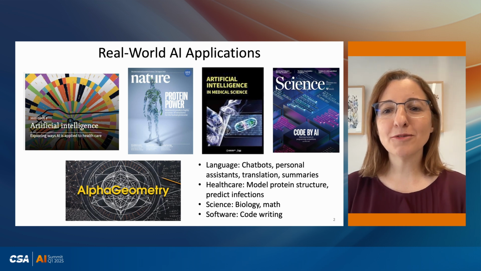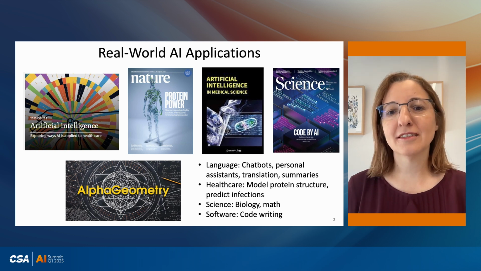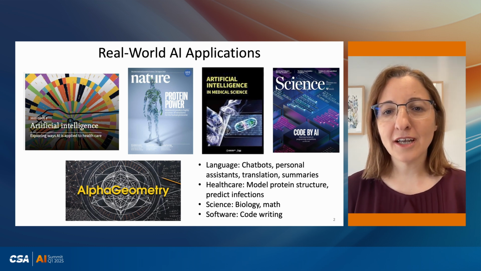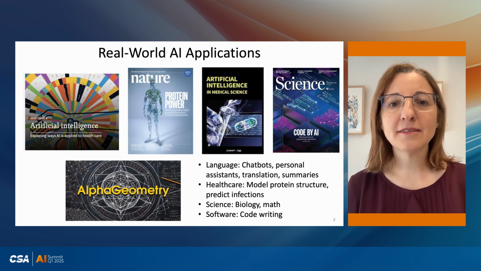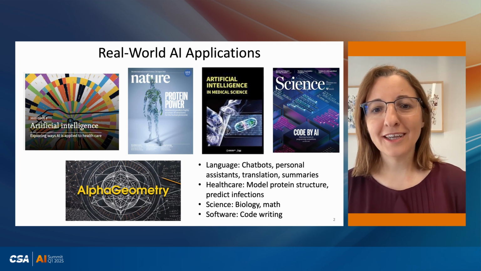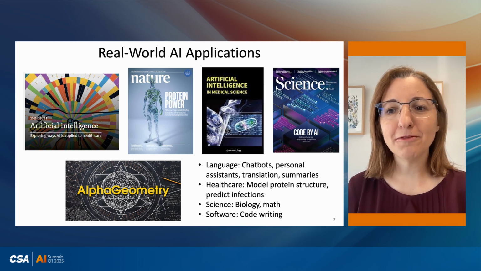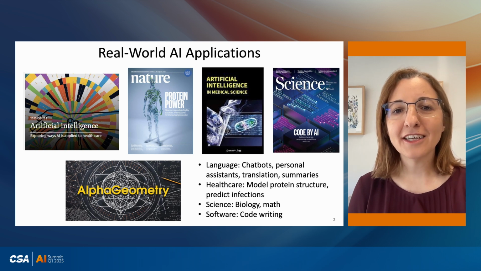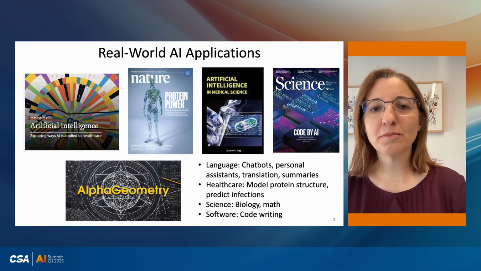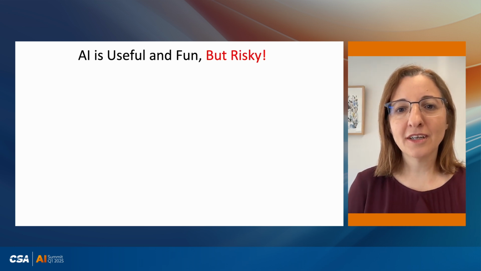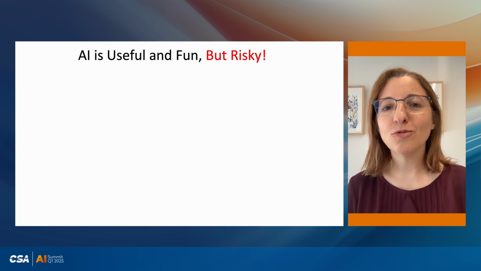In the last few years, we have seen tremendous progress on AI with implications in many domains and industries. For example, in language technologies, large language models or LLMs can help with creating chatbots, personal assistants, and translation tools. In healthcare, AI can be used for modeling protein structures and predicting infections. In science, AI can solve difficult problems, and in software, generative models can learn to assist programmers in writing code. So AI is useful, it can automate a number of tasks, and it is also fun to work with, but